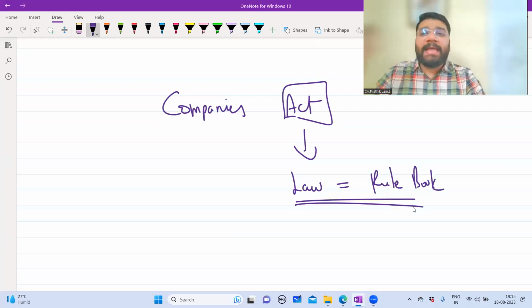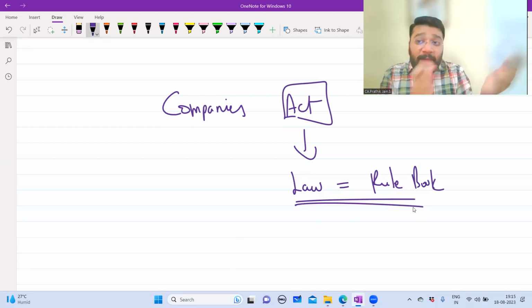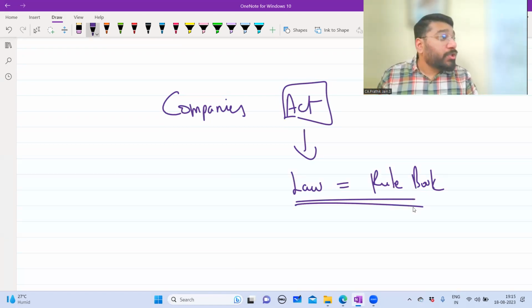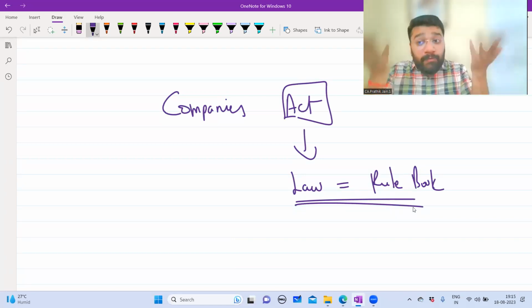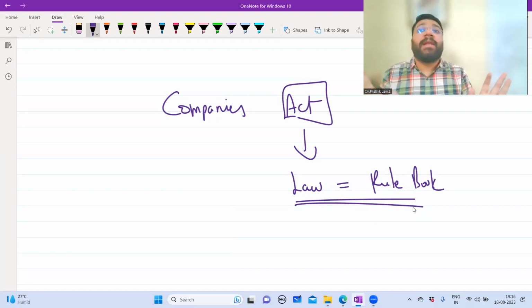Yes. When such a big organization is formed, obviously there is a lot of confusion. What to do, what not to do. If this happens, what to do. If that happens, what to do. There'll be a lot of confusion, no? So if you do not regulate, if you do not put rules and regulations across, then what happens? People will do as they feel like doing. Correct? So in India, we are surrounded by law. I've given this point n number of times.